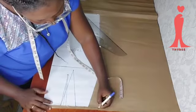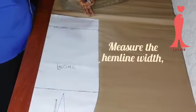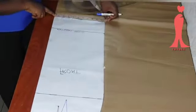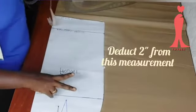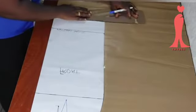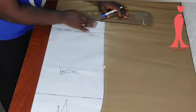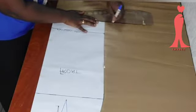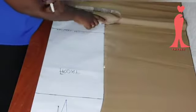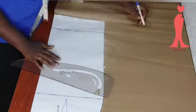So by the time I fold in my dart, I can have my waist measurement back. So that's the idea. Now my width, I'm going to measure it and deduct 2 inches from it. Okay, and after deducting 2 inches, I am extending by that value. Okay, so I think I have 8 inches or so